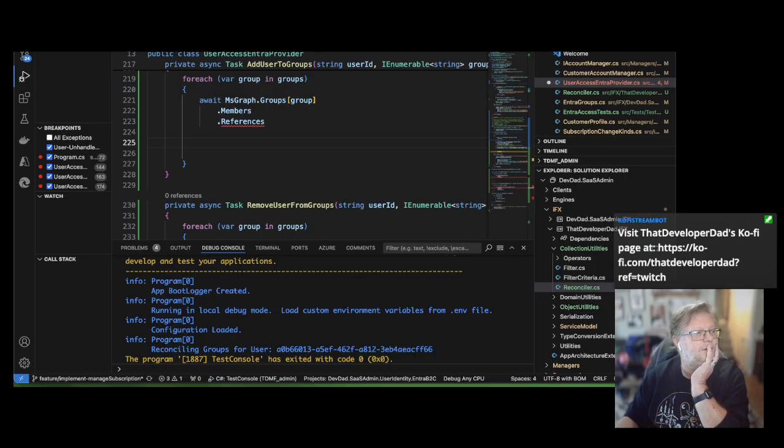Application group prefix, and it doesn't look like I've got any methods in here where I'm adding new members to the group. Yep, I'm just loading. Never mind. So we get to figure it out. Tenant ID, client secret, blah, blah, blah. Okay. So